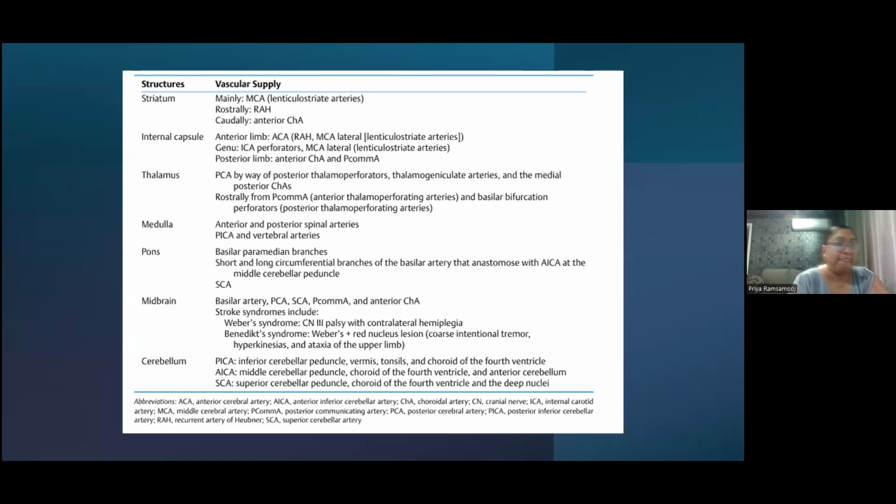So just to correlate this a little bit with our regional blood supply, because we've gone into each branch and each segment and where they go and what they do and what they don't do. But in terms of our structures: major structures, striatum, internal capsule, thalamus, medulla, pons, midbrain, cerebellum, and major blood supplies. So striatum, mainly our MCA; internal capsule, the anterior limb is our ACA, you know, the ICA perforator. So this table basically just gives us that nice, well-rounded summary of our regional blood supply, okay,